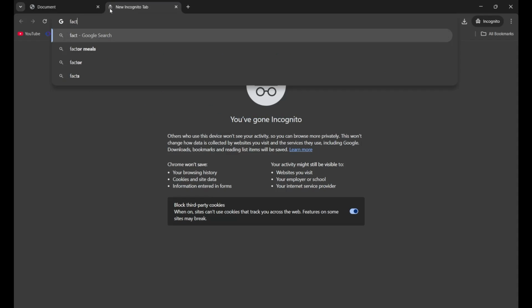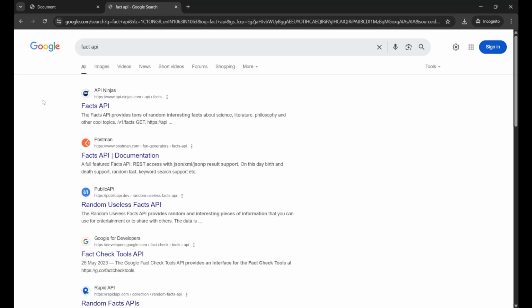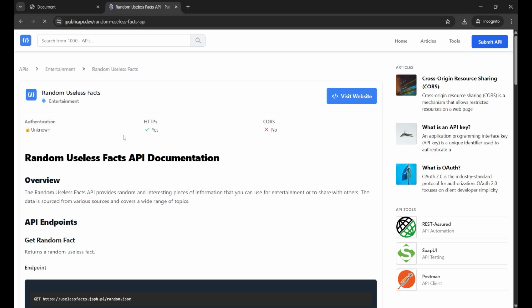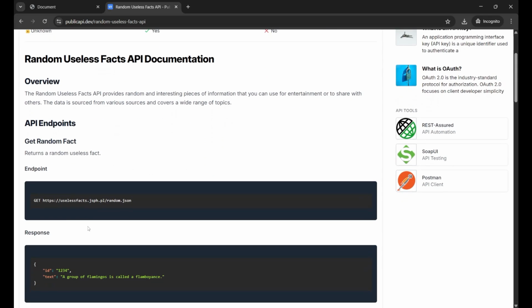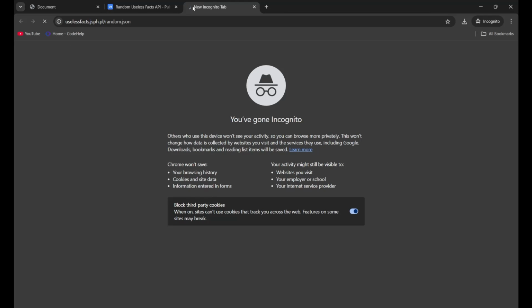So let's first take any free API from the internet. I'm going to take a fact API. Now here you will get many websites, right? I will use this public API. Now when you reach this website, if you go down, you can see I'm getting this GET inside of it. This particular link is your API. So if I copy it and run it in the browser, you can see